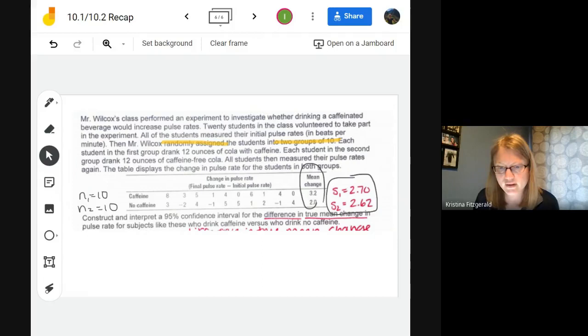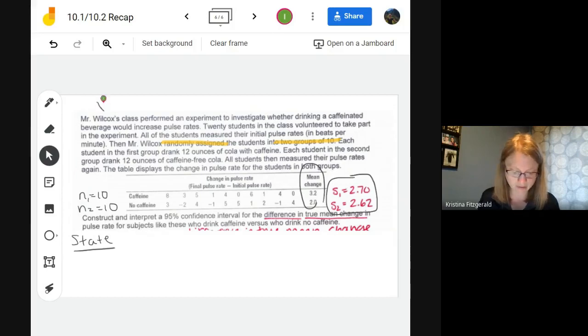So let's go ahead and go through the steps. We're going to construct a confidence interval for the true difference in the change of the pulse rate when we consume caffeine. So for your first step, your state portion, you do want to describe to somebody and show what we're measuring. So for this one,